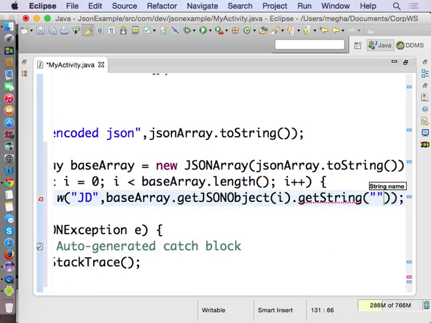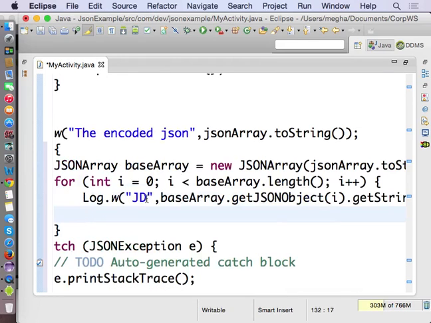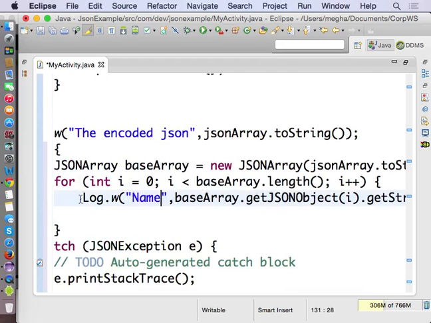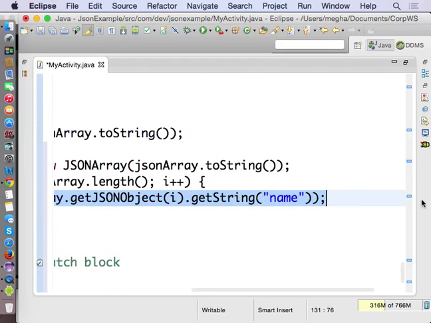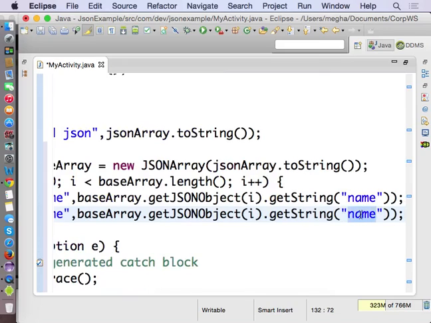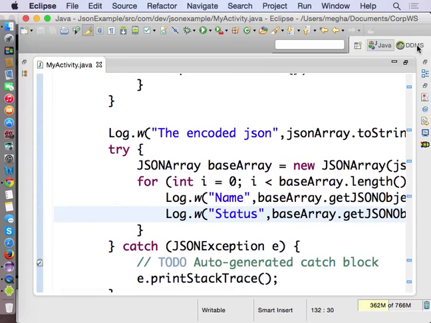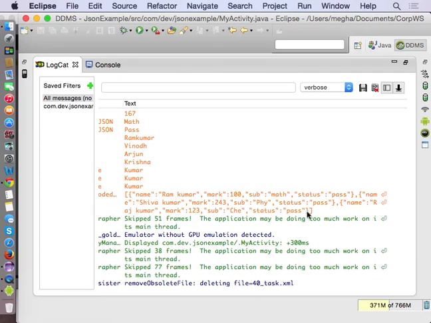The first one for name. I'm going to give it as a name. Remember, each is a set. So another one is what? Mark or what? Status. Let me see one more time. Status, subject. Mark is an integer type. So